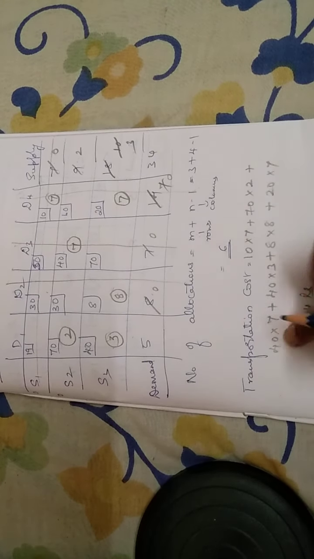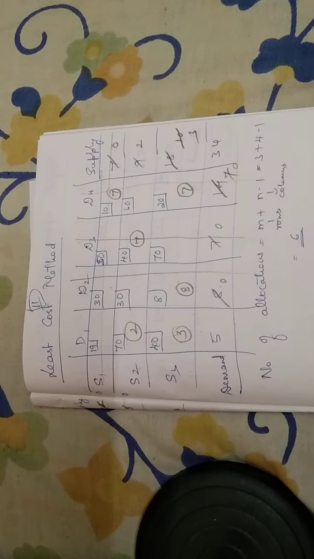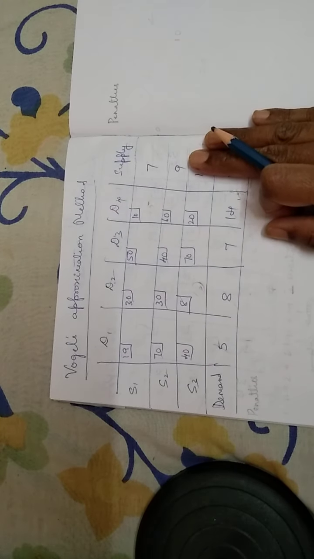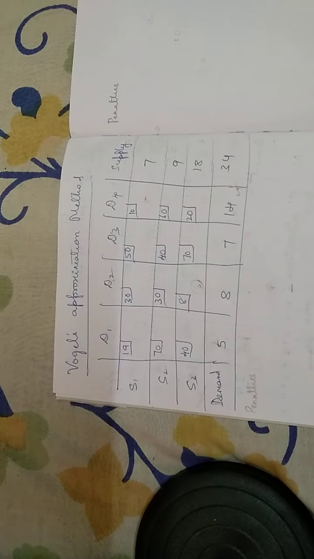Now if you observe here, the cost under the least cost method will be less in comparison with the northwest corner method. So this is a better, improved solution over the northwest corner method. Now let us go with the next one, that is Vogel's approximation method. It is also called the penalty method. Here we actually calculate the penalties.